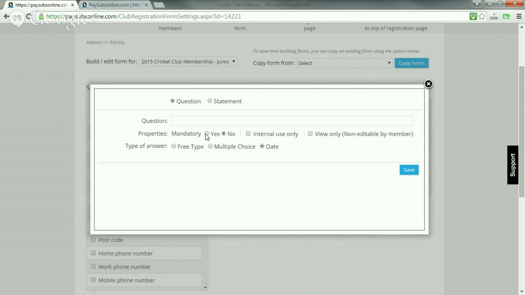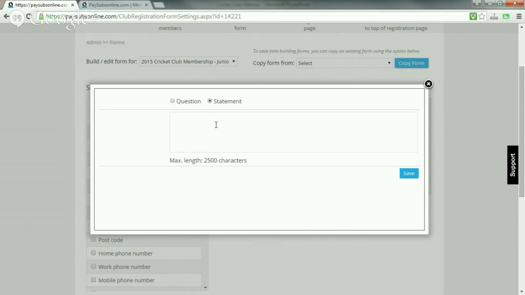Make fields mandatory. There's a good example of some fields which I'll show you in a minute that you might want to make mandatory. You can also insert statements onto the form as well, so good for things like declarations, maybe photography consent, medical consent, that type of thing.